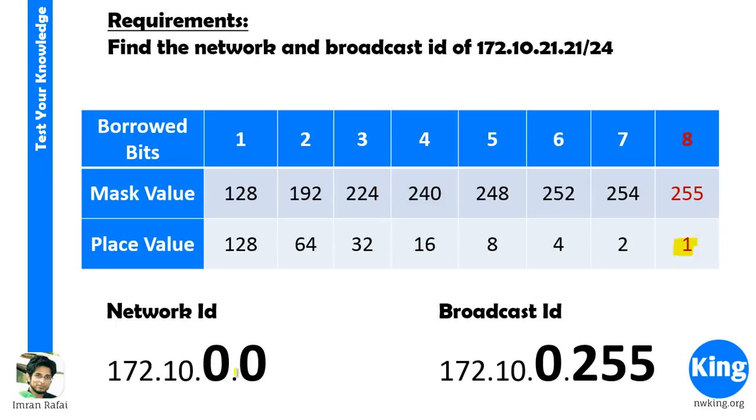So I know 172.10.1.0. 1 minus that is 172.10.0.255. Similarly, the next network ID is 2.0, so the broadcast ID is 1.255. So that goes on and on until I reach what I am looking for. So I'm looking for